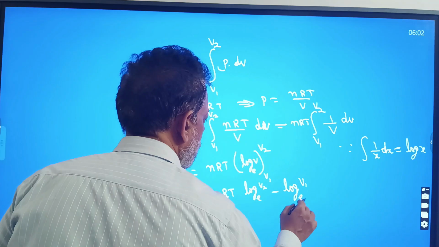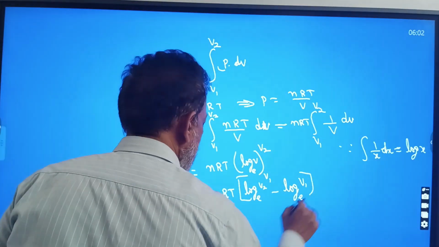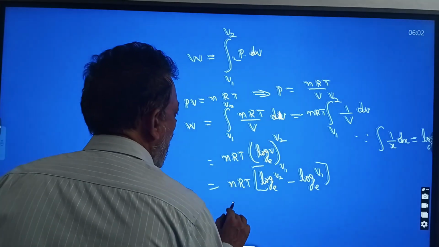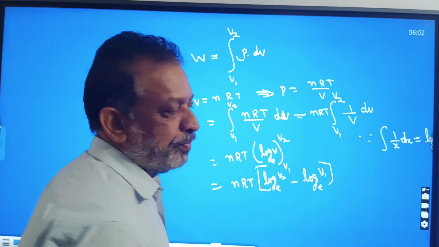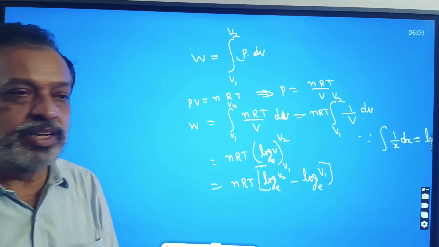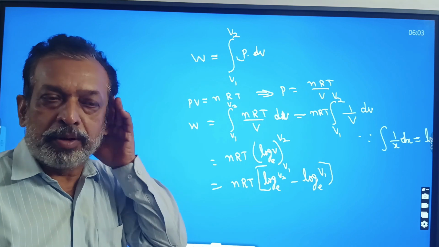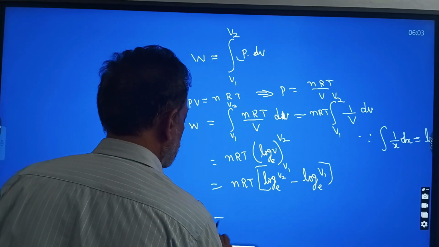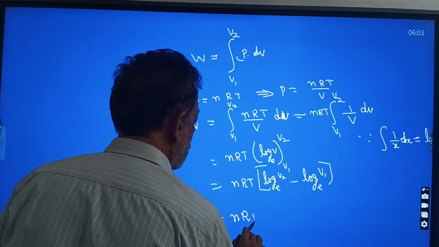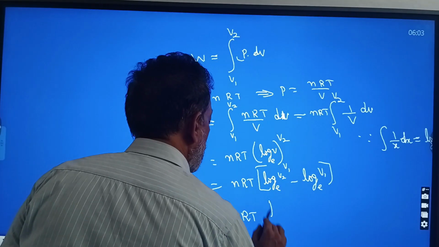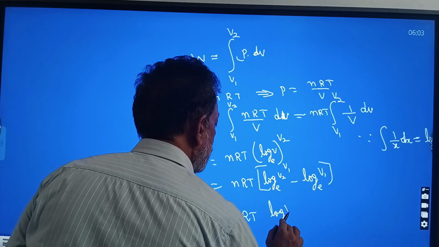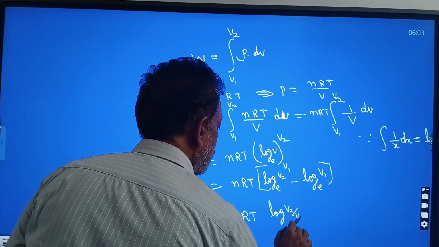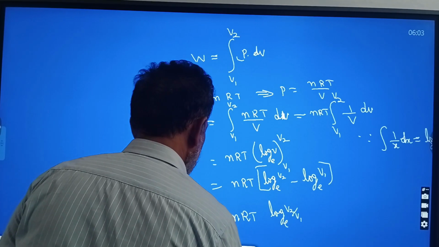If you know the small logarithm rule, log of A by B to the base e is equal to log A minus log B. So now we can write nRT into log V2 by V1 to the base e. So if you take a natural logarithm,